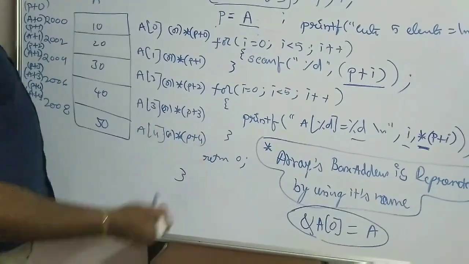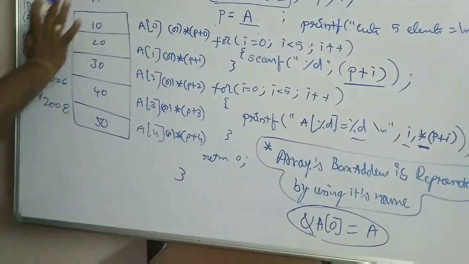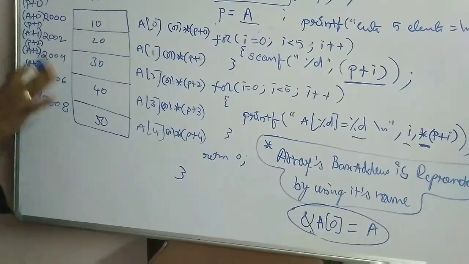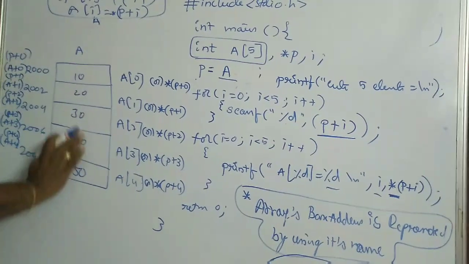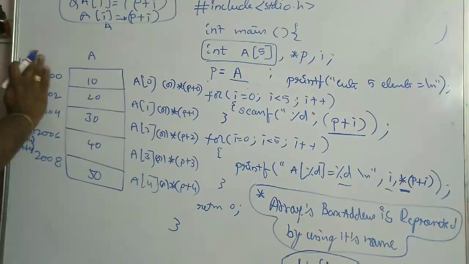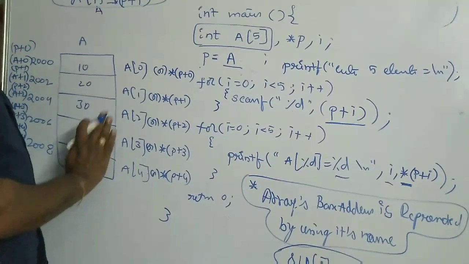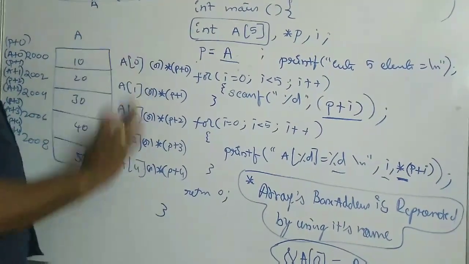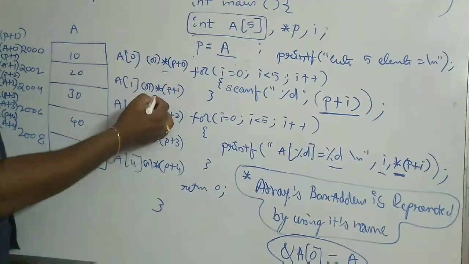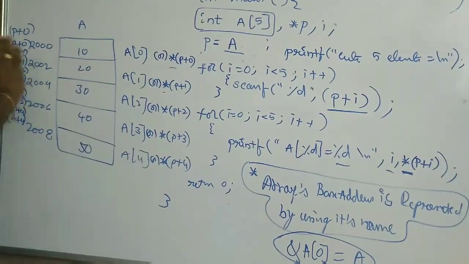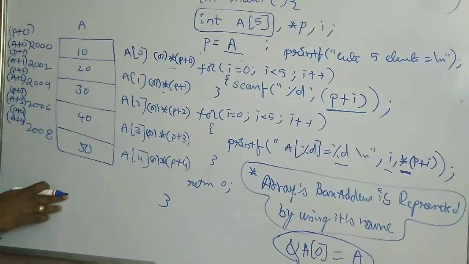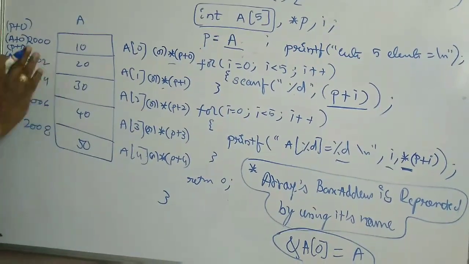Okay, friends. So with this figure, we can clearly get that the address of the elements of the array can be called as P plus index values, and the values of the elements of the array can be called as star of P plus index values. So for values we use stars, for addresses we use just P plus index value. So this is the main relation between the pointer and array.